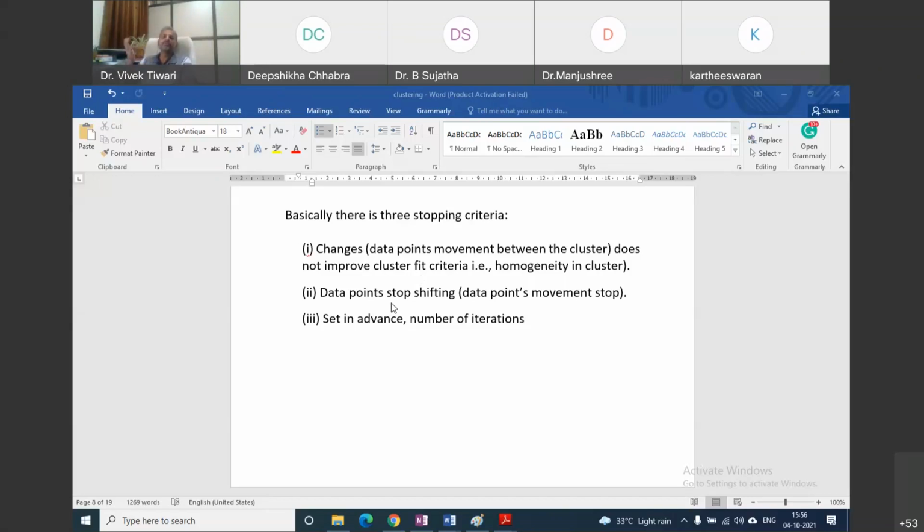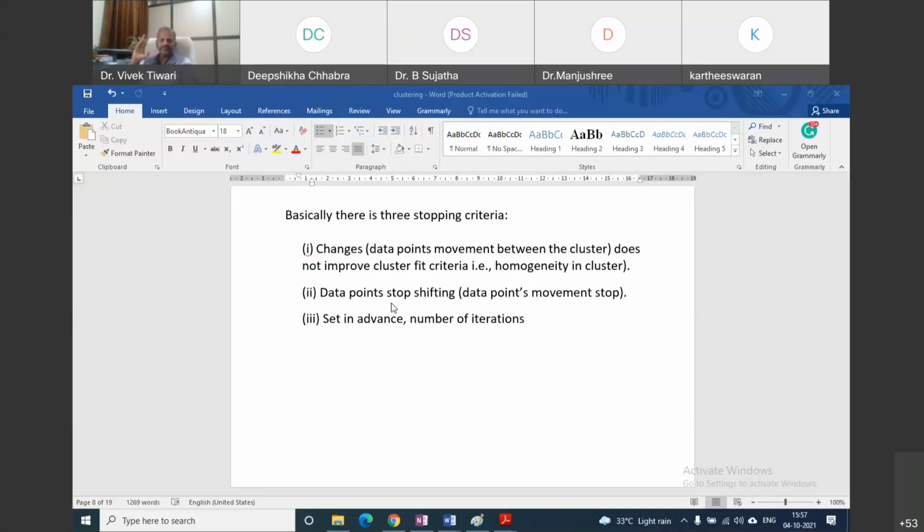Second, the stopping criteria may be that things become stable. Data points stop moving here and there. You keep on iterating, but the data points are not changing their membership. You should stop it. Third condition: many times we have seen that condition 1 and